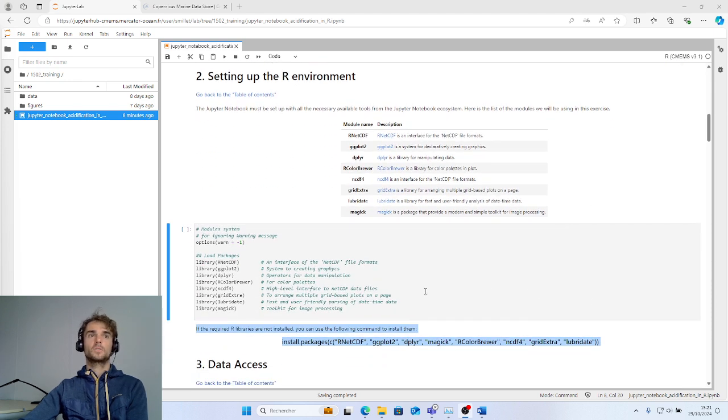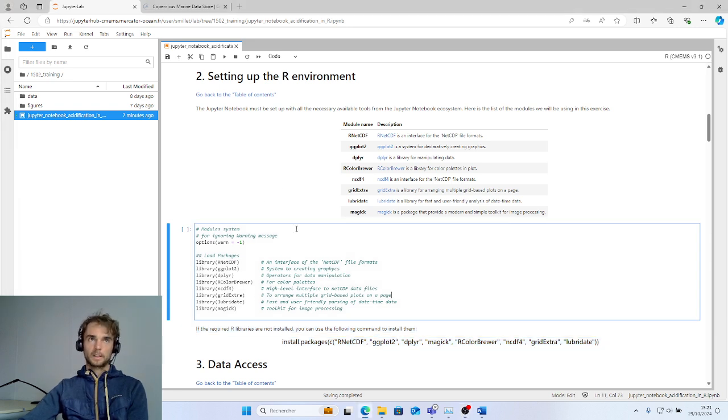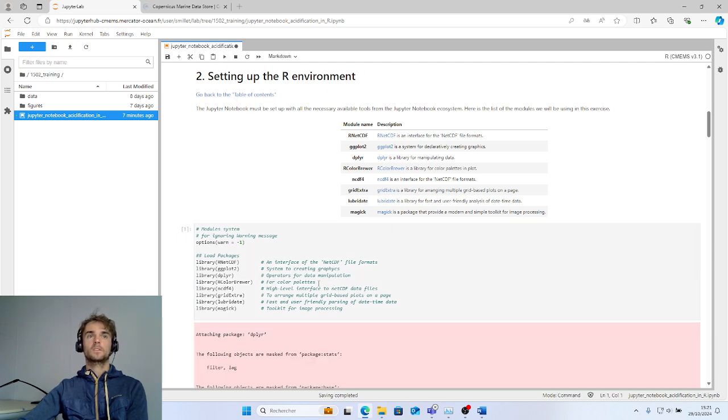Here is the first cell. First, we have an option here for ignoring warning messages, and below it are all the necessary libraries. So we can run this cell.